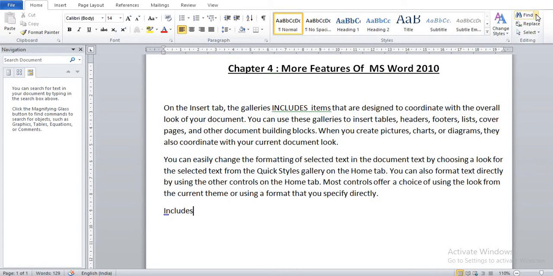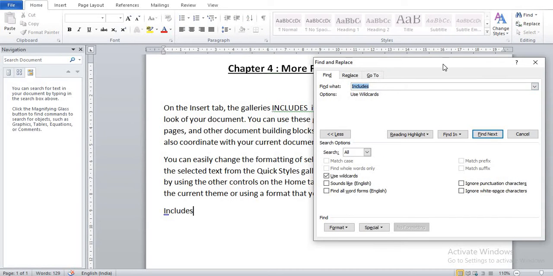Now advanced find. Click on the Find drop down and you can see here the Advanced Find option. Now a dialog box opens in your document. You can see here many options. First is Match case, which finds the word or text as you have typed in the Find what box. Second is Find whole words only, which finds the text as a whole word, not as a part of another word.